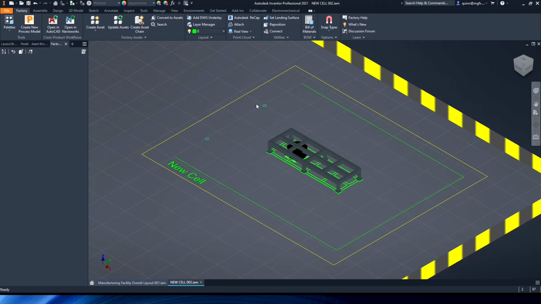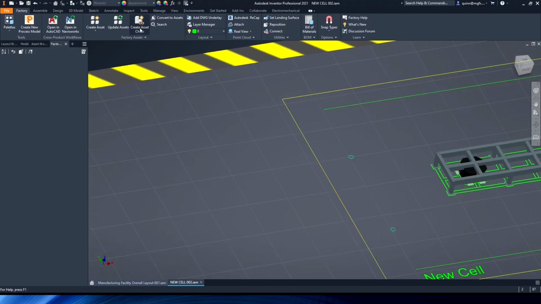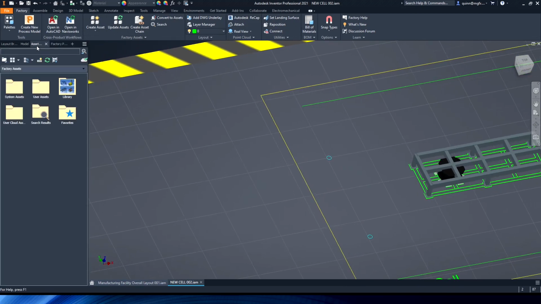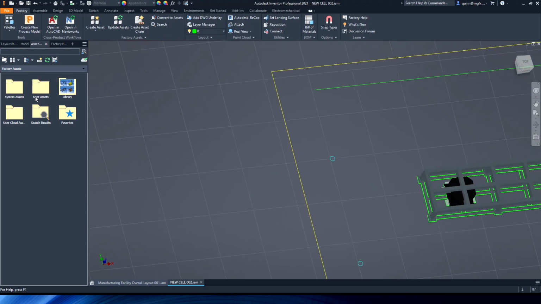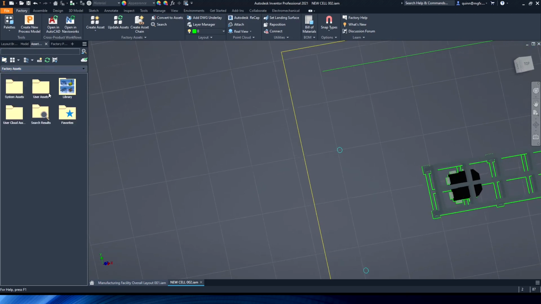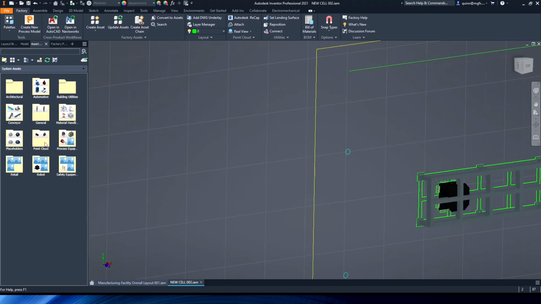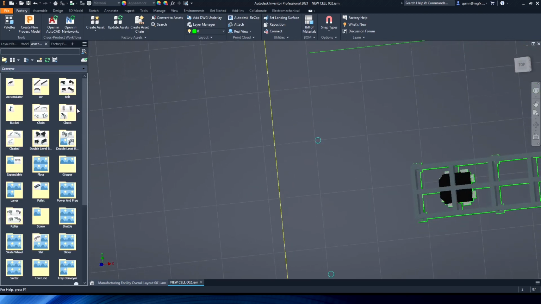So what do I mean by this? If I've got my Inventor open, and I was wanting to draw something, I can say, okay, cool, let me actually use my mouse, and I can say, oh, okay, well, I want to add in some stuff. Now what's really interesting is that in the factory design utilities, we've actually got an asset browser, and we've got an entire range of assets. At the moment, I'm actually in my library assets. Let me go to system assets, and let's actually add in maybe a conveyor. So conveyors, and then we can look at putting in